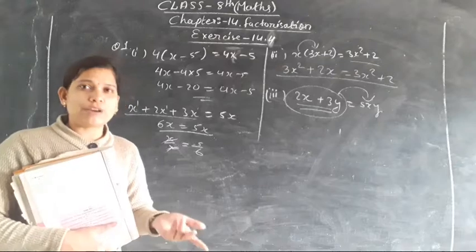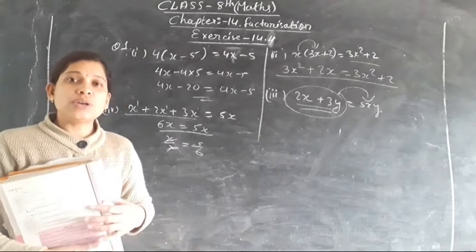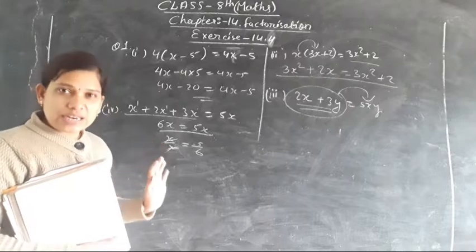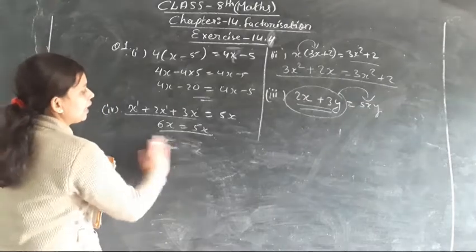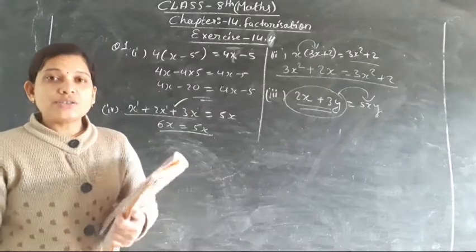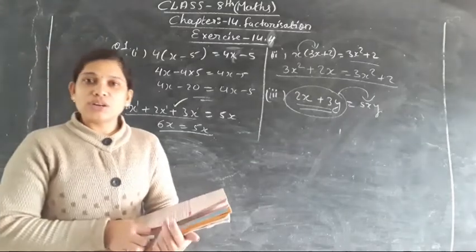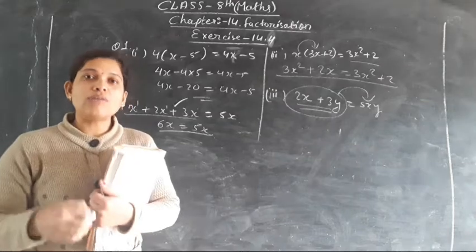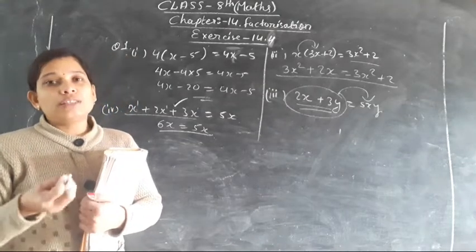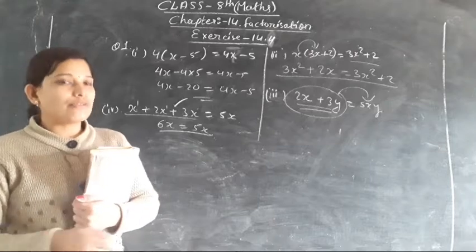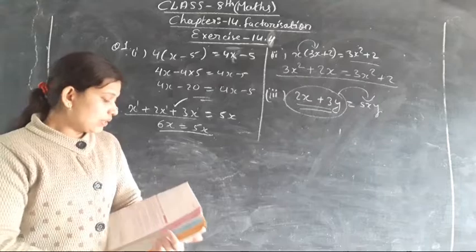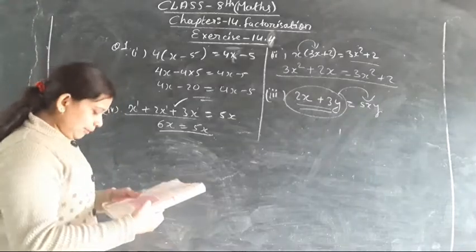It will be 5 by 6, whose value will it be? It will not be anyone's value, because x and x will get cancelled. Hence the mathematical error is this one. Understood? Why is it so? Because LHS and RHS are both not equal. If we are going to solve or equate the values, the x will get cancelled. No such variable is left whose value we have to find as 5 by 6. Understood? Moving toward the next part of the question, the fifth part.